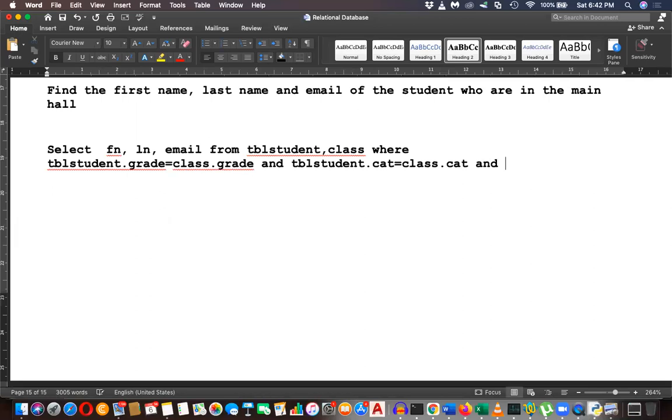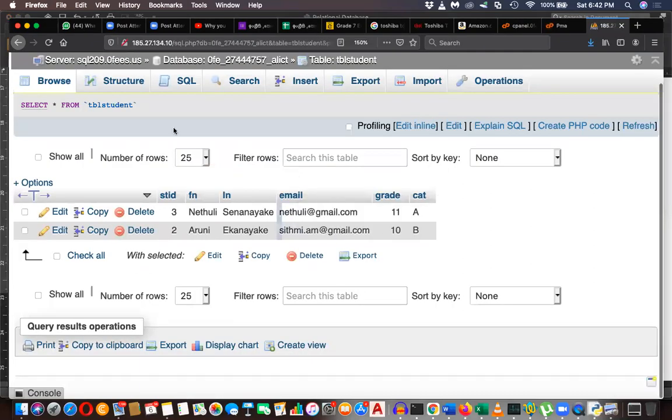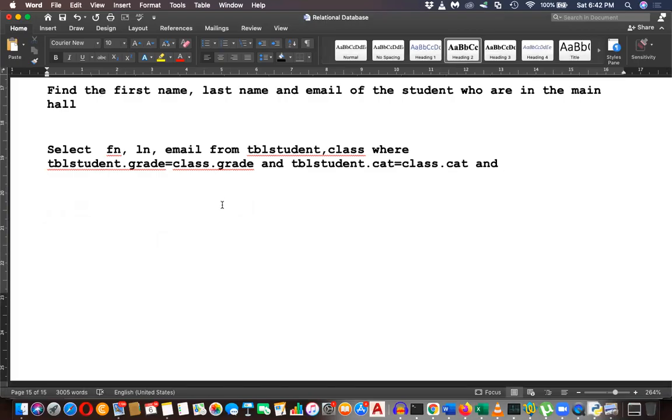And what is the filtering? Where is the location? That is class.location equal to main hall. So that will be the query.